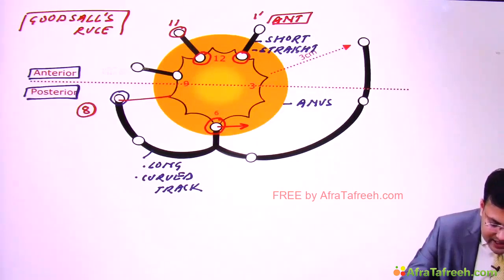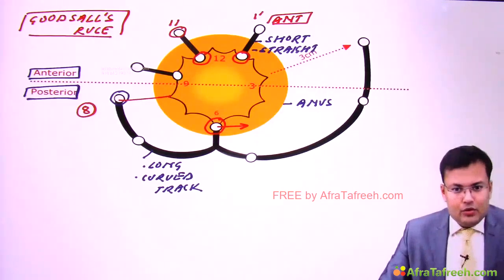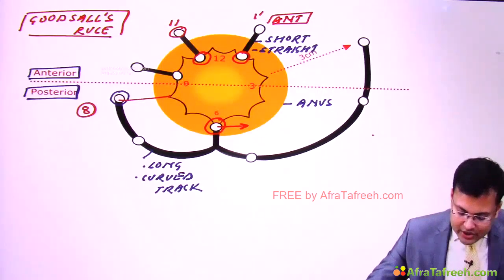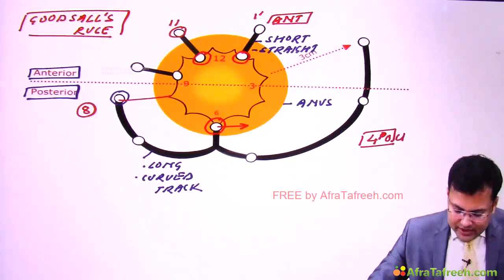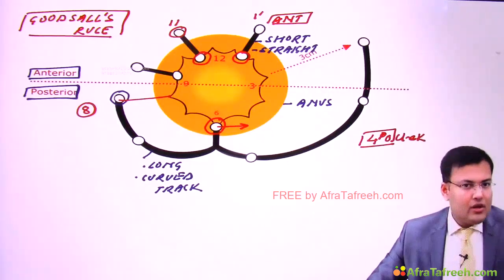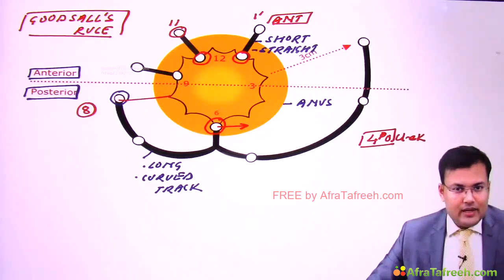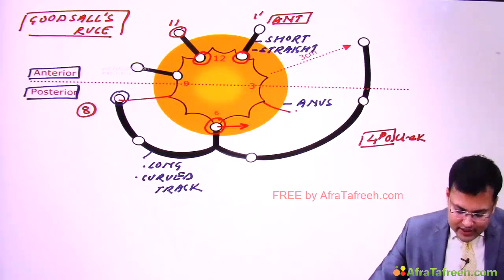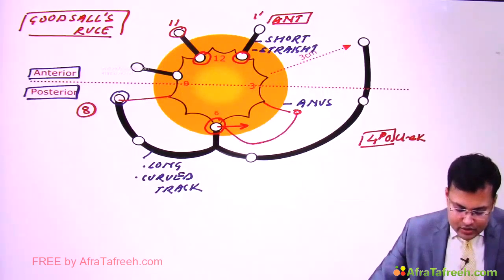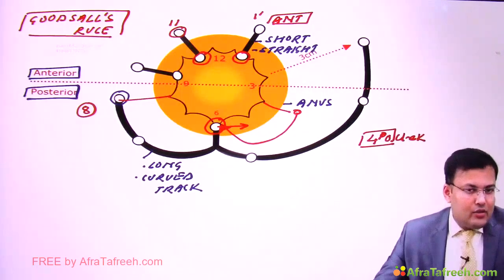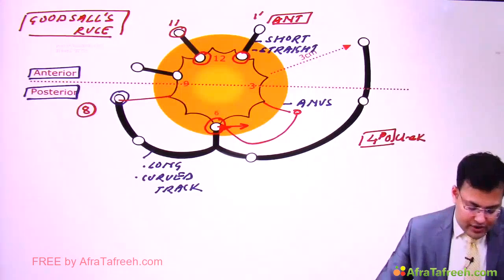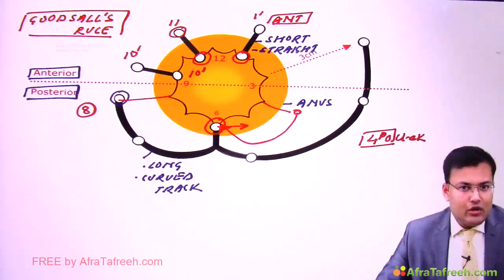So a question is expected, where the examiner is going to tell you that the location of external opening is at 4 o'clock. It's 4 o'clock. Clear? So if location is at 4 o'clock position, what is the location of internal opening? Yes, so if it is 4 o'clock here, obviously it's posterior. So internal opening at 6 o'clock position. If the external opening is located at 10 o'clock position, internal opening is also located at 10 o'clock position.